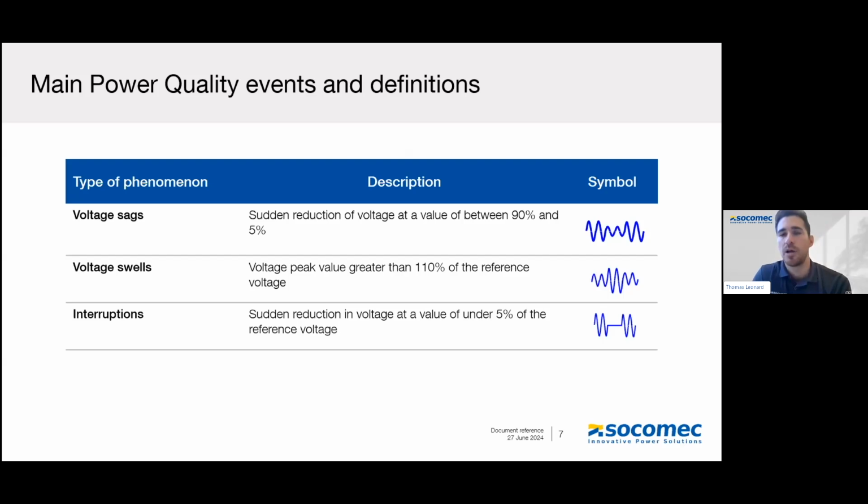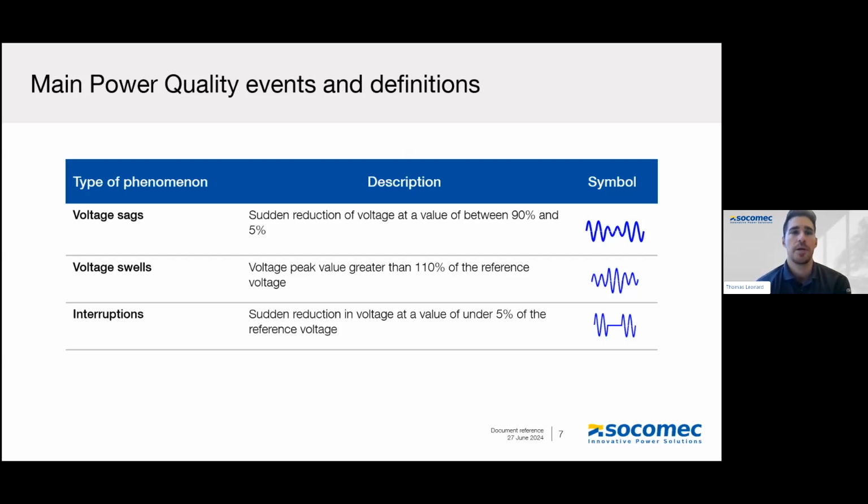of the nominal voltage. When we're talking about these events, whether it's a sag, a swell, or an interruption, we're talking about all phases. We're not talking about one of the three phases. It's all phases simultaneously. That's a sag. A swell is a peak. We call it also a surge, a spike, but it's a peak value that exceeds 110% of your nominal voltage